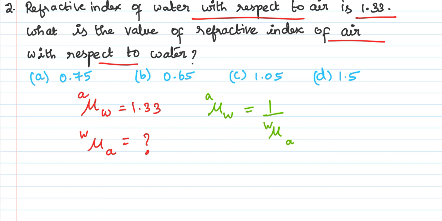So what is necessary for me now? In accordance with that I am going to proceed with the work. What I am having in my hand, that I am going to bring to the right hand side. What I don't know I will be writing on the left hand side. So in that manner if I am working it out now, what will be my answer? You can see clearly it is nothing but mu AW. I don't know, so I am bringing that to the LHS. And what is known data for me? Mu WA is known for me, so I am writing that on the RHS. So it is 1 divided by 1.33.